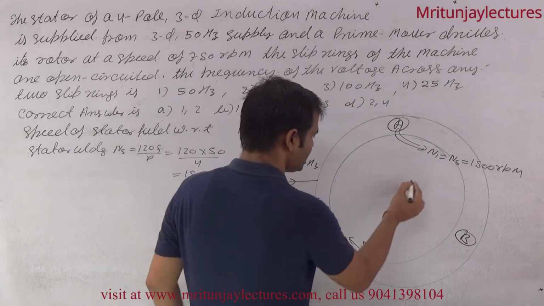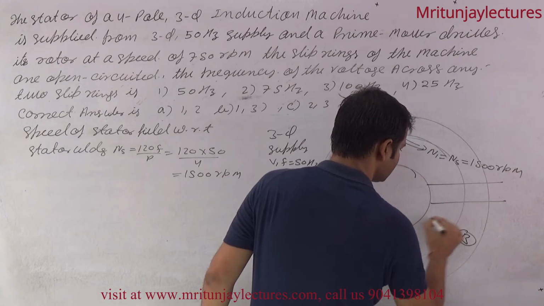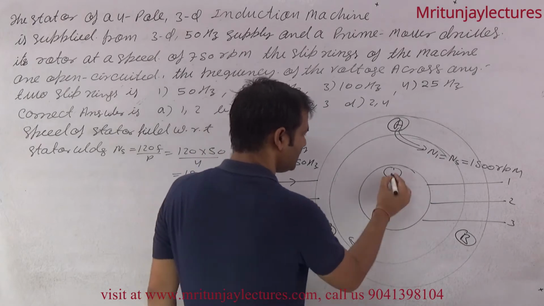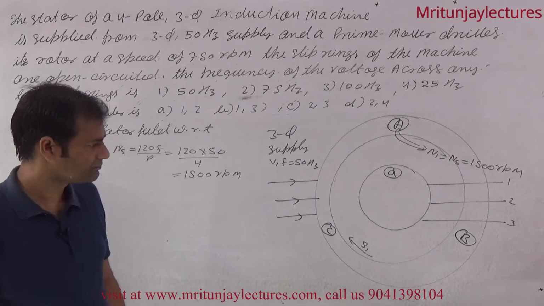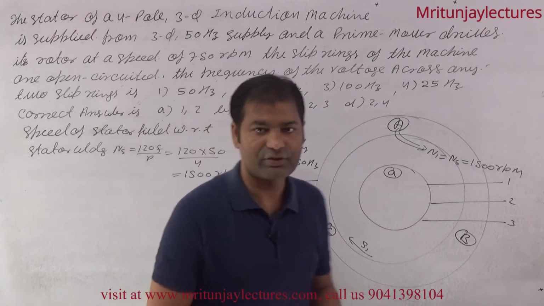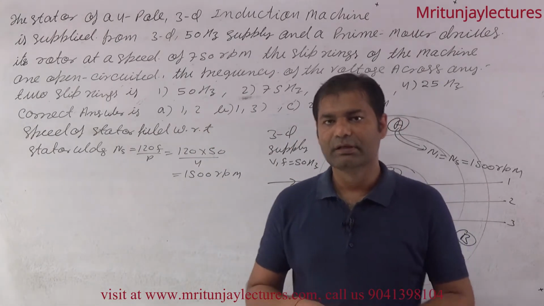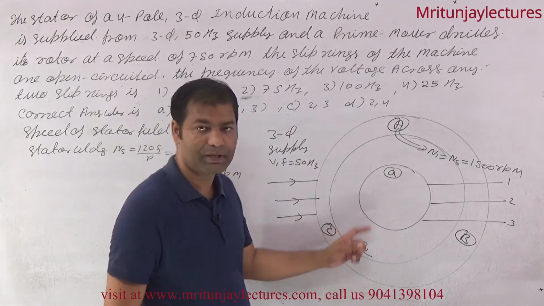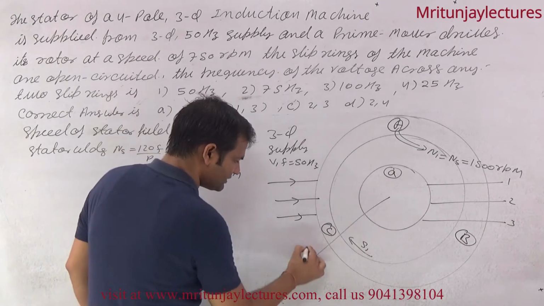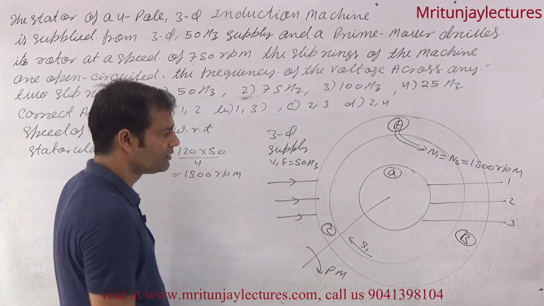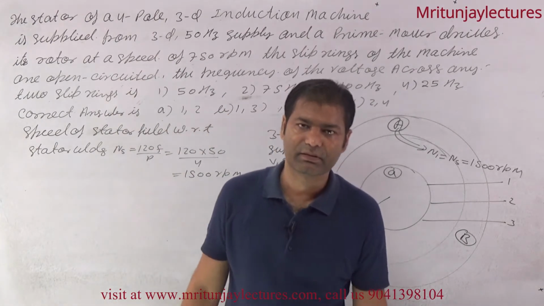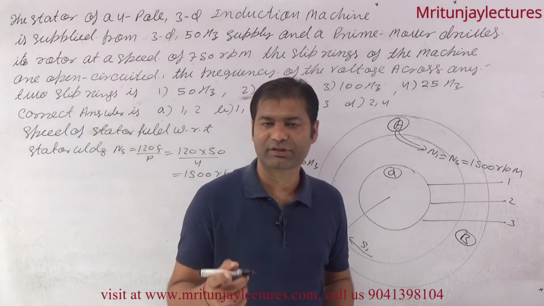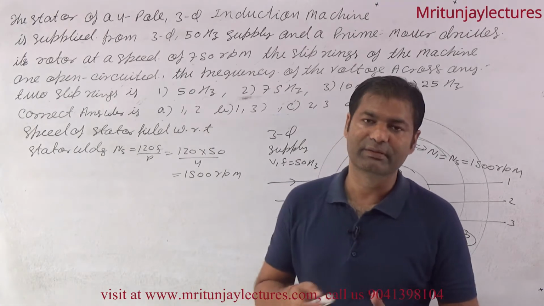Now second, make the rotor connected with slip rings like this one, that is 1 2 3. For simplicity we represent a winding like this on the rotor. The rotor is not rotating by itself. Why? Because the rotor is not short circuited. But if the rotor is rotated with the help of a prime mover, there are two possibilities: the rotor rotates in the direction of the stator field, or the rotor rotates in the opposite direction of the stator field.